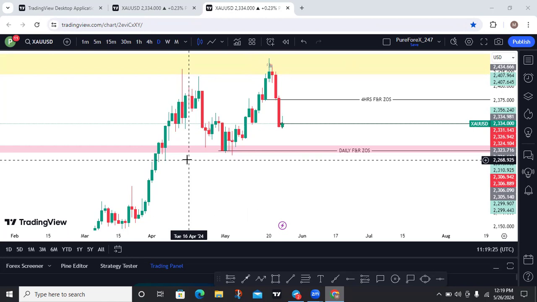Let's analyze gold for this week and what is going to be our expectation for the new week coming. So, like the difference between